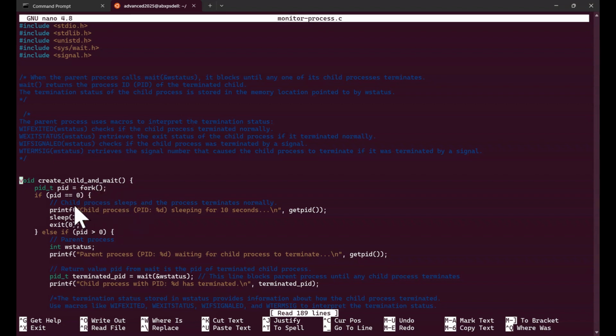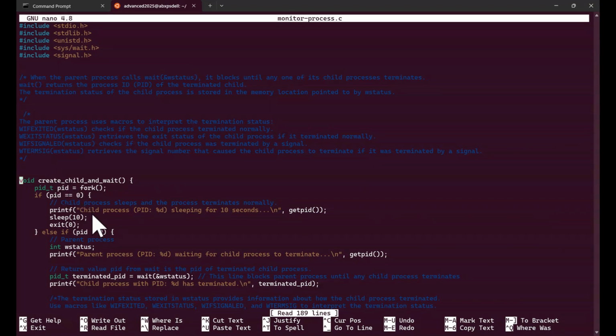I create a child process with fork, and the child process just prints this, sleeps (sleep is a way for a process to do nothing while still running), and then exits normally, exit 0. And now in the parent process, when the PID is returned from this fork,